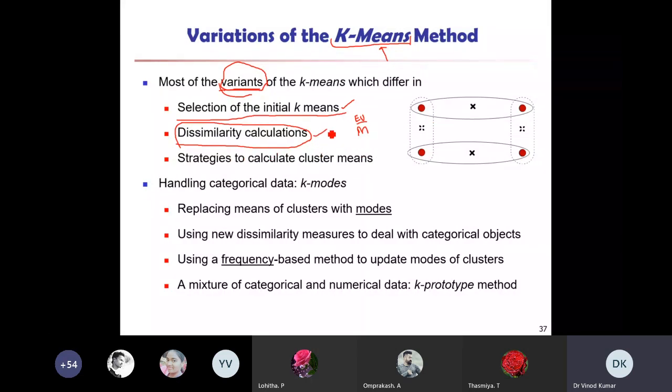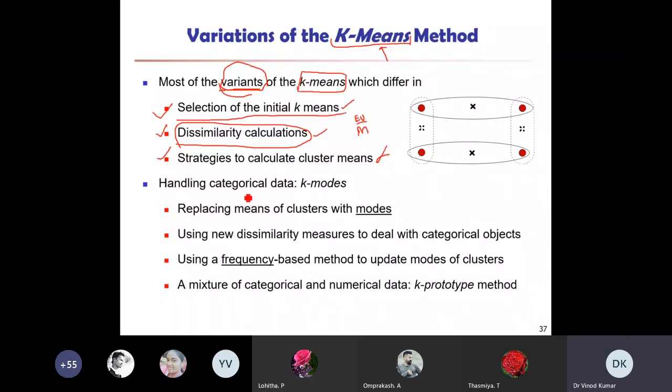So in terms of this, it is different. Next is the strategy to calculate cluster means. Is there any method to calculate the k-means? So if you consider these 3 points, if we make a change in any of them, different k-means variants will come. Variants means variety will come.